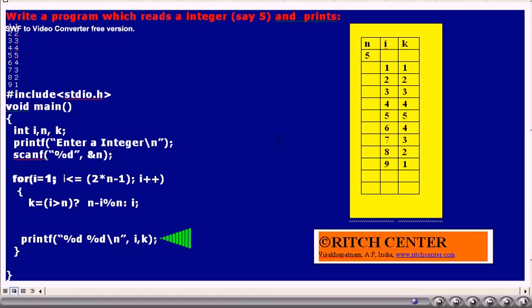As of now, the loop got executed 9 times and we got the results that we expected. The next iteration, i value becomes 10. 10, is it less than or equal to 2 into n minus 1? No. Thus, we will come out of the loop. This program